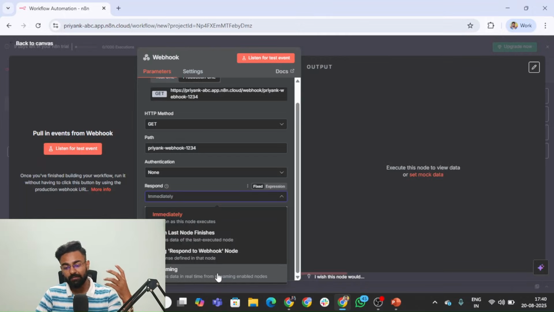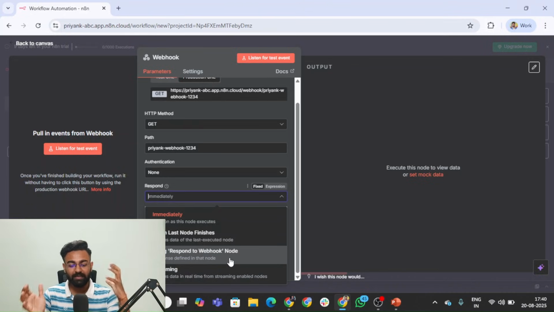So now Streaming basically returns data in real time from streaming-enabled nodes. The difference between Immediately and the other options versus Streaming is that whenever we are executing a webhook, the webhook always gets triggered when the data packet of the entire information being passed on from an external tool is completed. So let's say it's a mailbox thing. Somebody typed an entire mail and then posted it into the mailbox. Then you receive the mail, and you read the mail, that is where the webhook gets triggered. But in the streaming case, what happens is the moment the other person starts typing one thing,